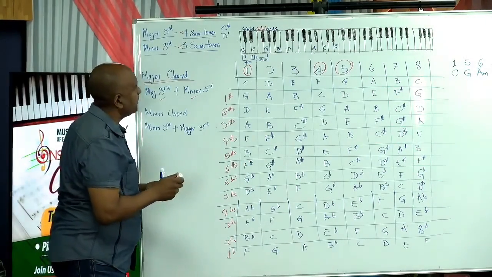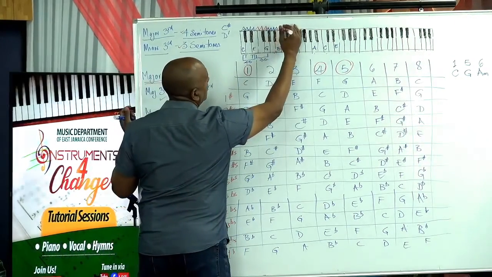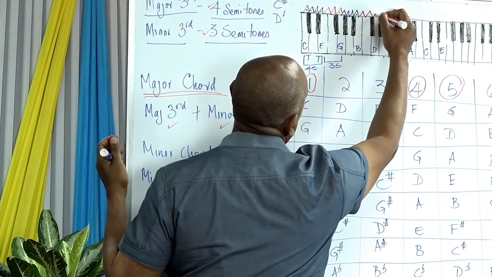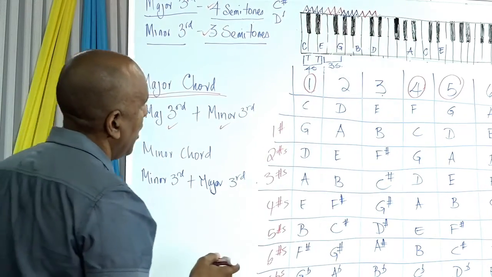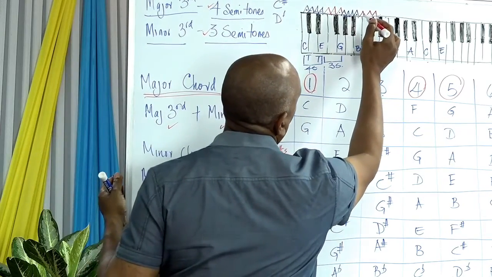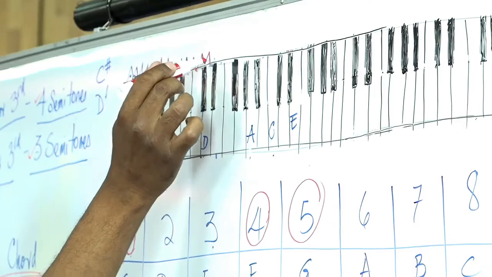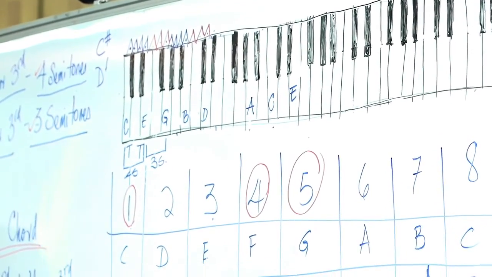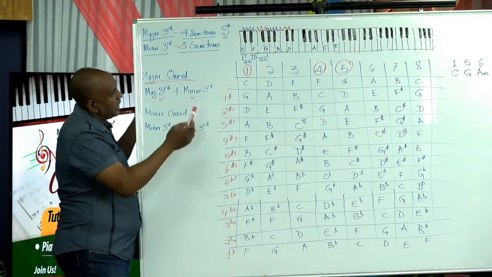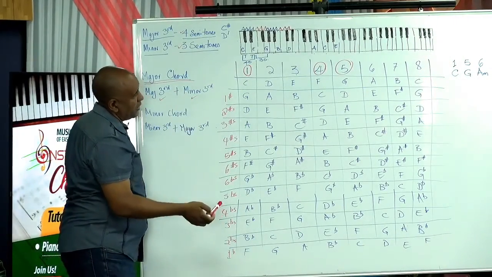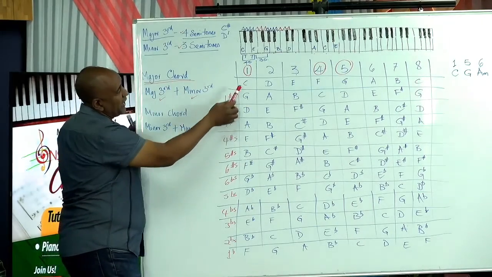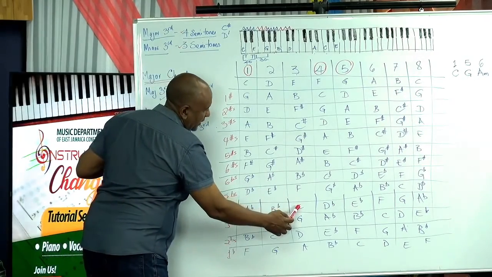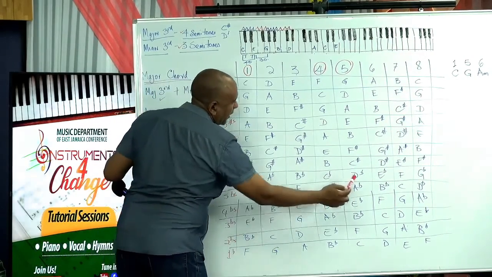The second interval, let's go from B to C, from C to C sharp, and from C sharp to D. How many semitones do we have there? Count it with me. 1, 2, 3. And 3 semitones is a minor third. That simply proves the point that the major chord can be formed just by taking our first note and skipping a note for the second note in the chord, skipping a note for the third